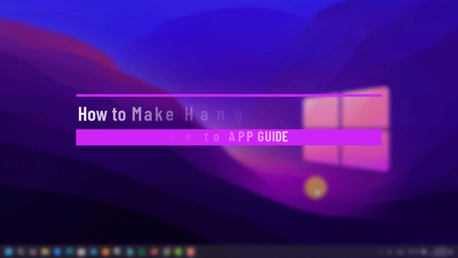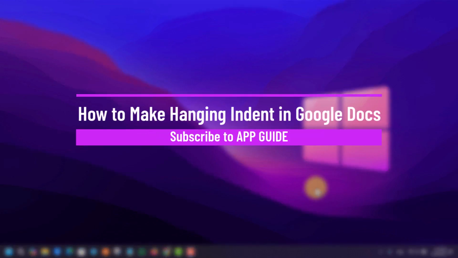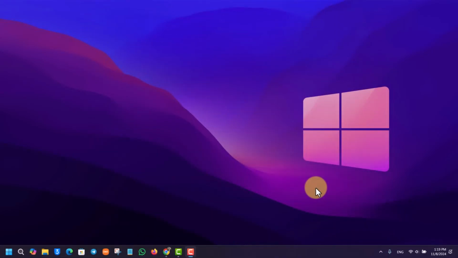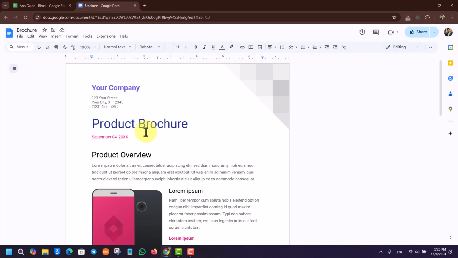How to make a hanging indent in Google Docs. If you want to make a hanging indent in Google Docs, it is actually very simple to do. Now, there is a first line indent, which I'm sure you know, but you might want to use the hanging indent. To do that is also quite simple because you simply have to open up your